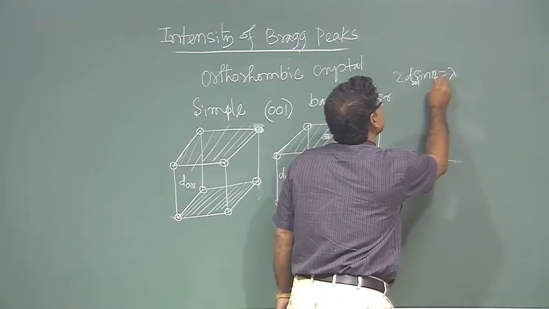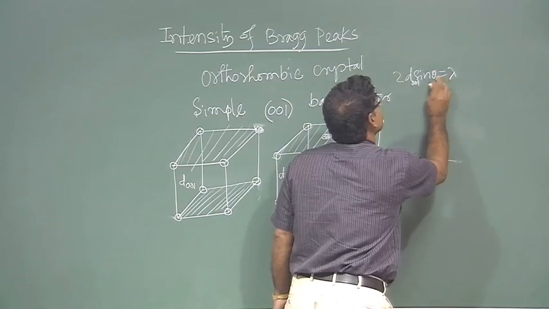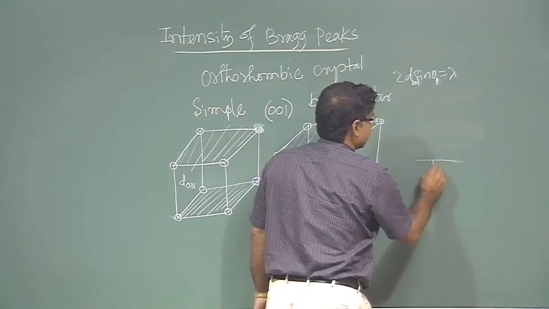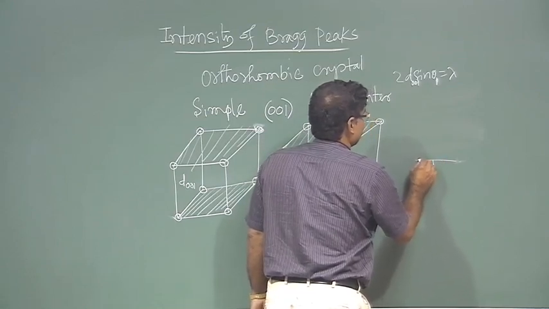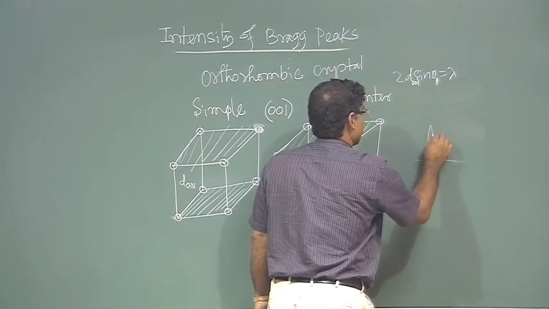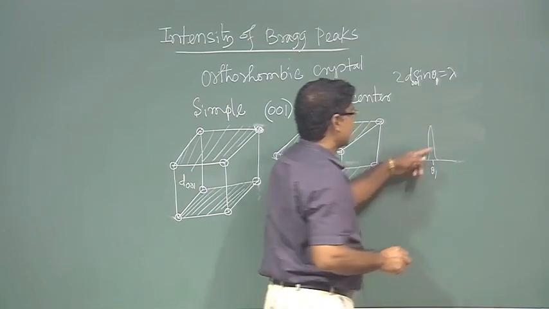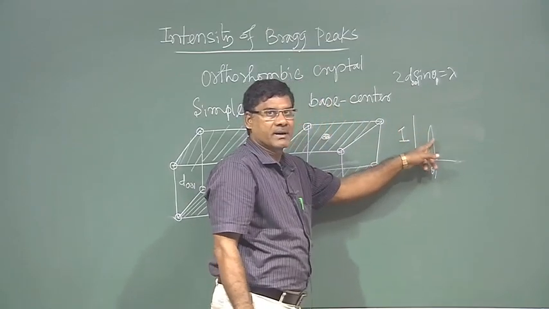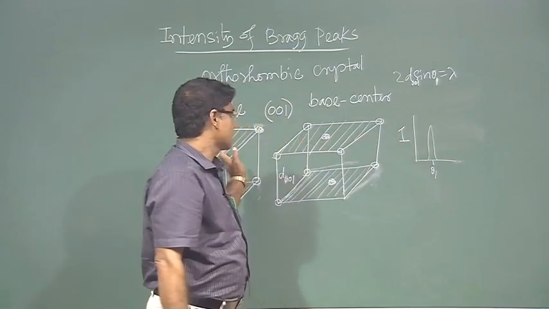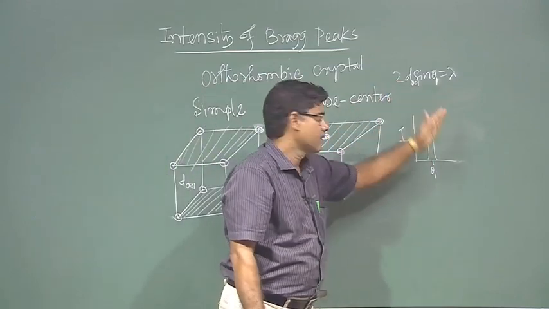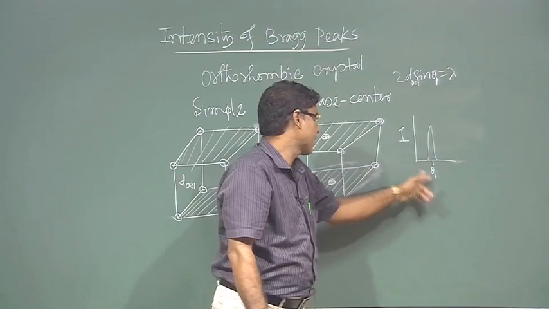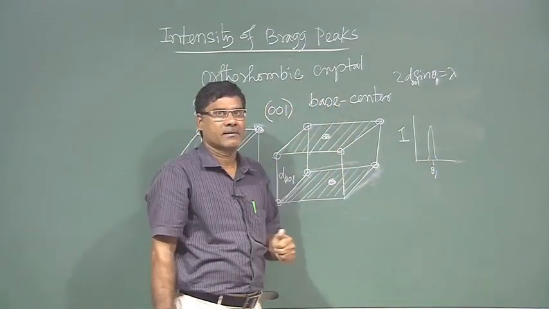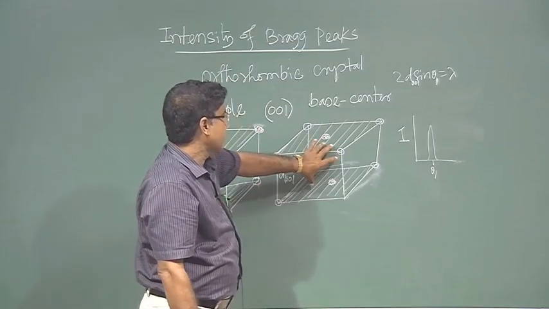Say the angle is theta 1, so at theta 1 we will get this intensity, and we will get a peak. In both cases we are supposed to get this Bragg peak at the same angle, for simple as well as base centered. But for this case,